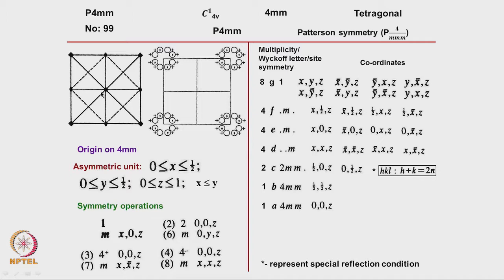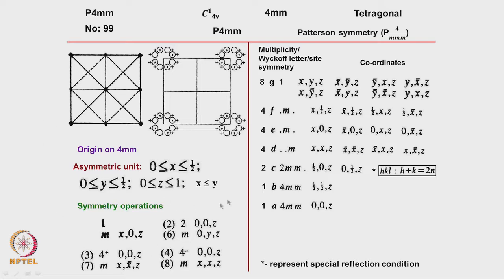So, this also has a 4mm symmetry associated with it. If you look at it, mirrors pass through, and a fourfold rotation is also there. Okay, that is the site symmetry. And this position in the Wyckoff position is given as A, this is called B, and the number of atom positions, or the motif which has to be kept at this point, is only 1.